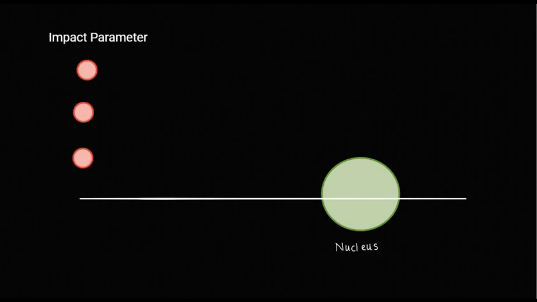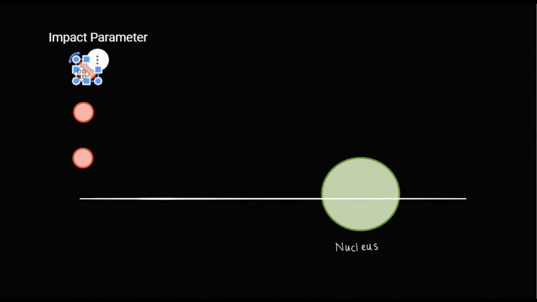So out of a number of alpha particles, let us consider three types of alpha particle. This is your first alpha particle, this is second, this is third. They are differentiated on the basis of the distance from the center of the nucleus. Can you see? This is closest to the center of the nucleus. This is at an intermediate position, and this is furthest from the center of the nucleus. Fine. Now let us consider the first one.